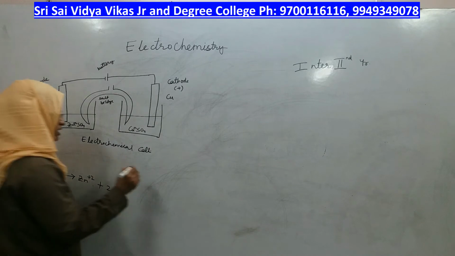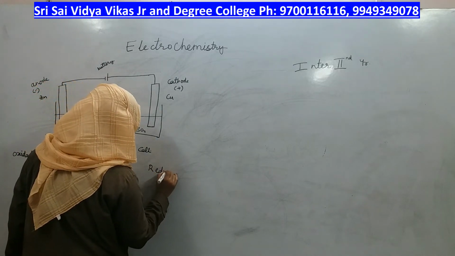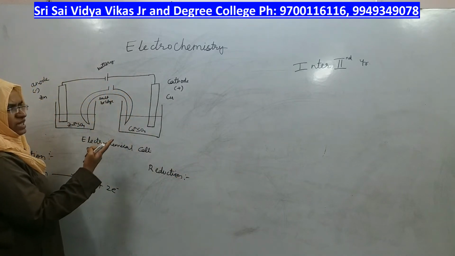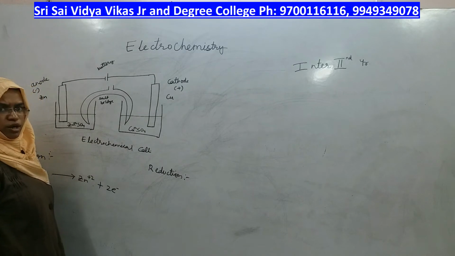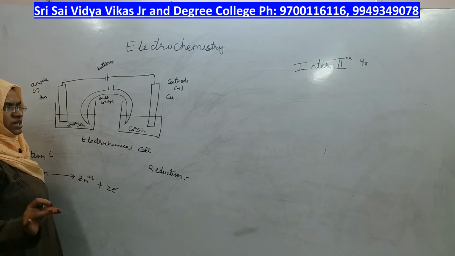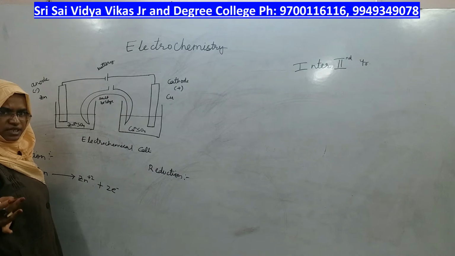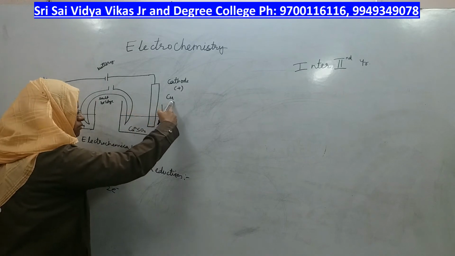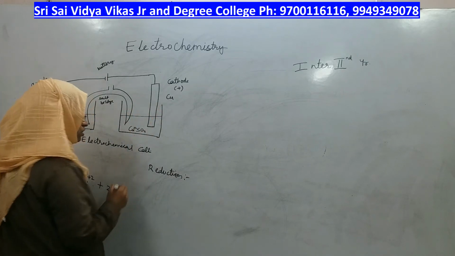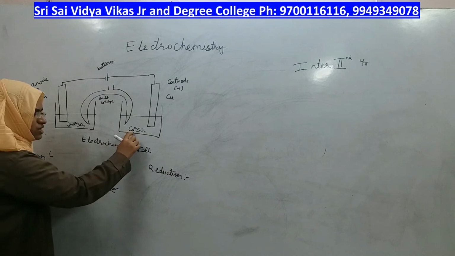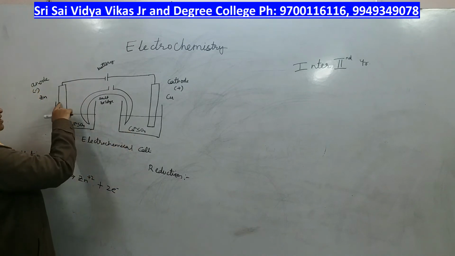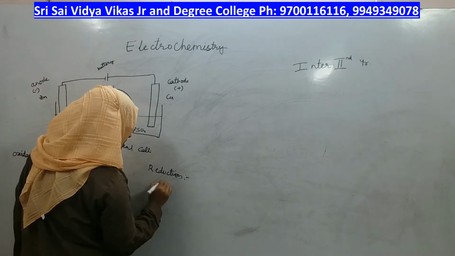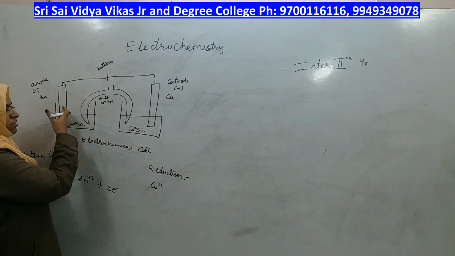Coming to the reduction reaction. Reduction is nothing but gain of electrons. Who can gain the electron? Can copper gain an electron to become copper minus? No. A metal can be either neutral or positively charged, it cannot be negatively charged. Therefore, the possibility of gaining the electron is not for copper but for the copper 2+ ion. So, from the solution, the copper 2+ ion gains the electrons which were coming from this side, right?